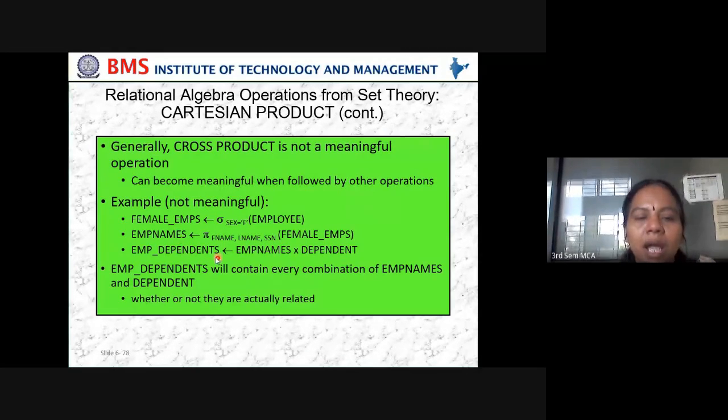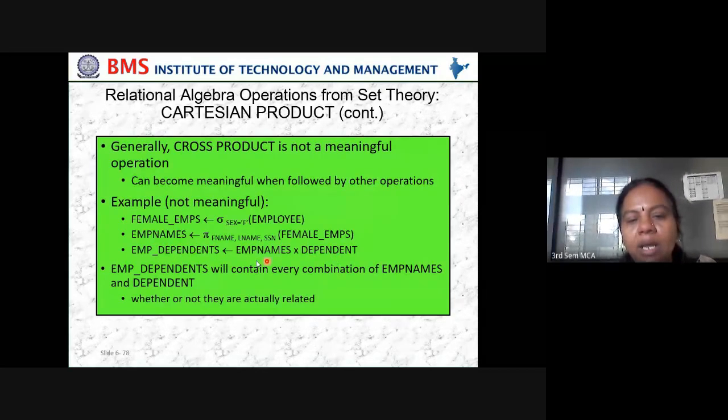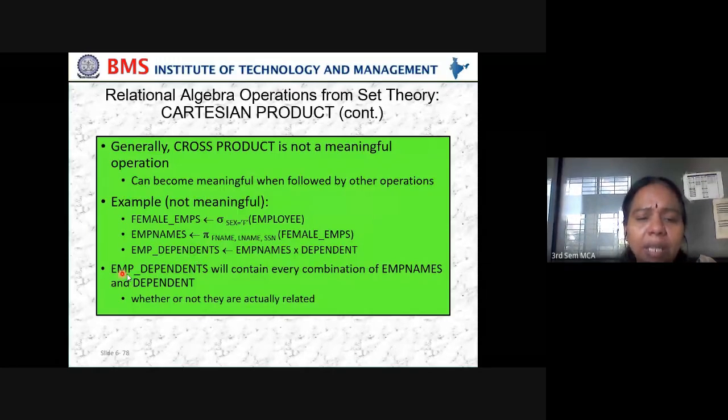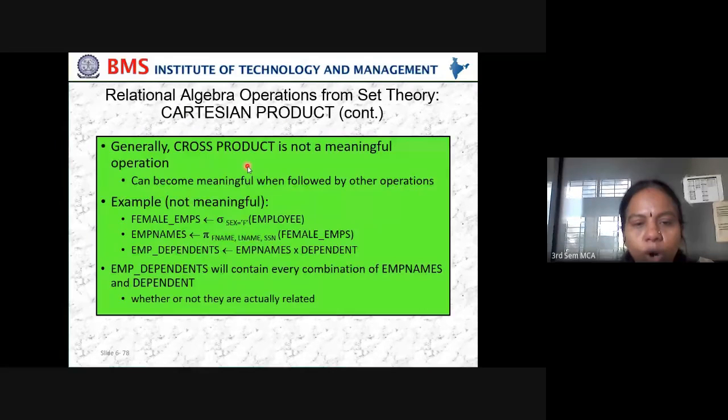And do a Cartesian product with the dependent table: employee names Cartesian product dependent. Then employee dependents will contain every combination of employee names and dependents, whether or not they are actually related.